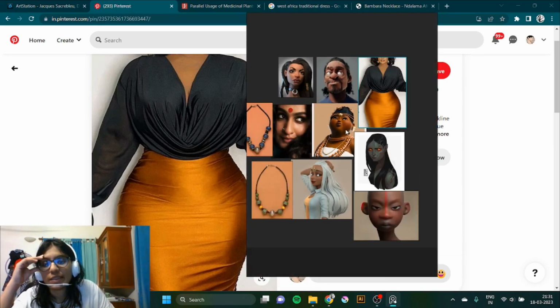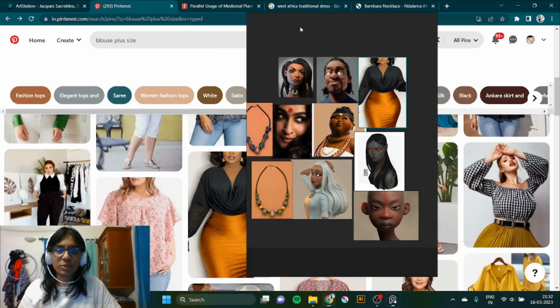Hair, jewelry. I think there's a head piece that they could wear, which would solve my hair problem. Good to have the option.